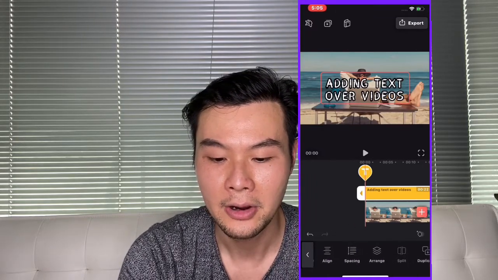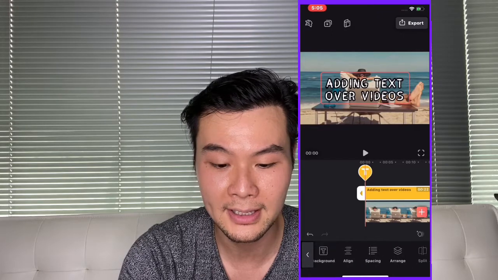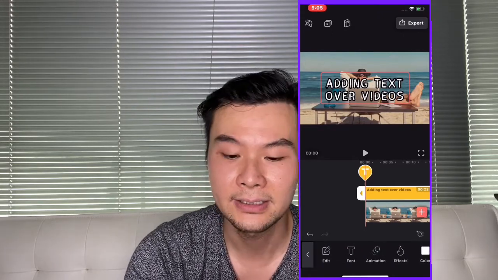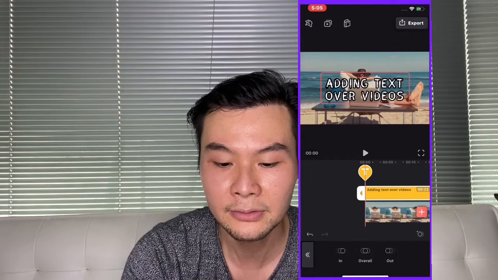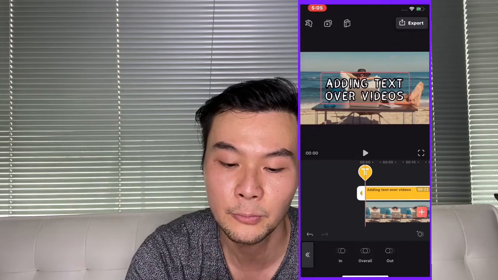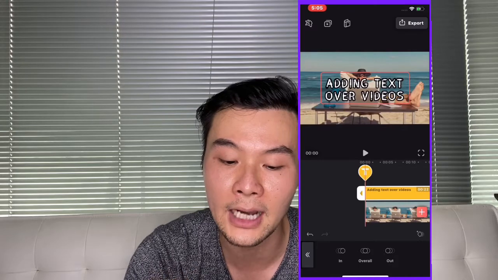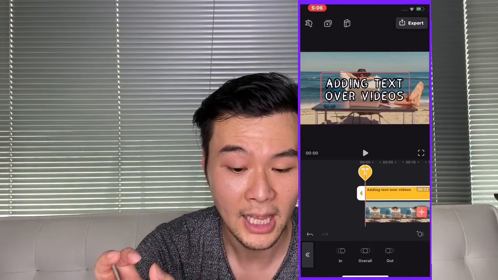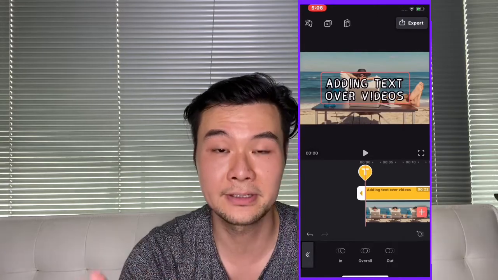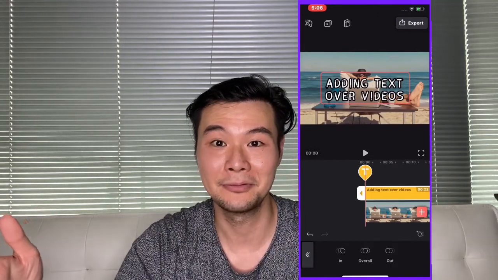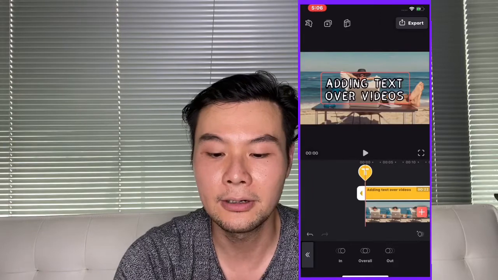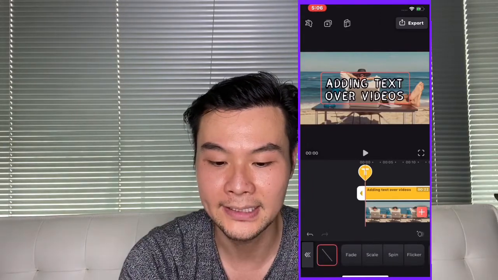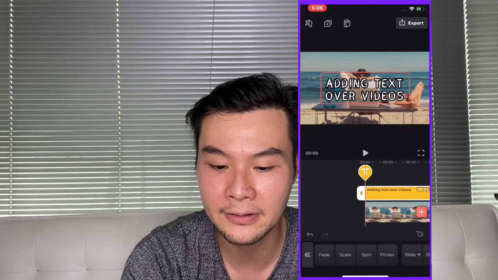And the next I'm gonna show you is actually adding animation to your text. So when you tap animation, there's 3 animation options. One is in, overall, and out. So the in will be the intro, and then the out will be the outro. And the overall is just the whole text, adding animation to it. So if I tap in, that's the intro. There's fade, scale, and spin,